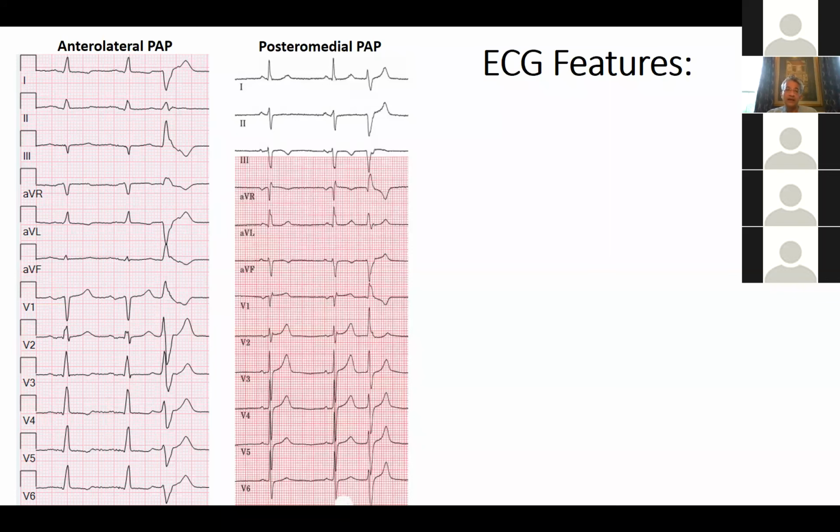The papillary muscles are in the left ventricle. Anything that's coming from the left ventricle, unless it's extremely septal, should generate positive forces in the lead. And so, as a rule, papillary muscle ventricular arrhythmias originating in the left ventricle should have a right bundle branch morphology or positive forces in the